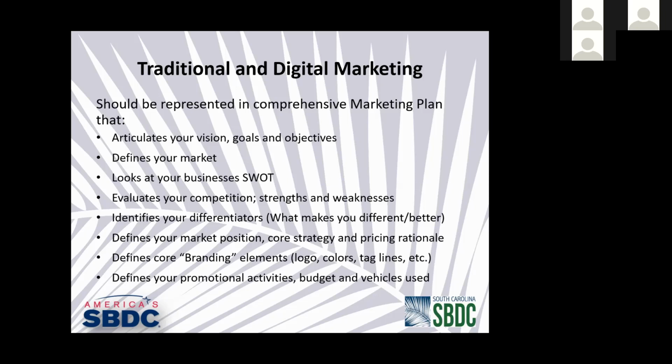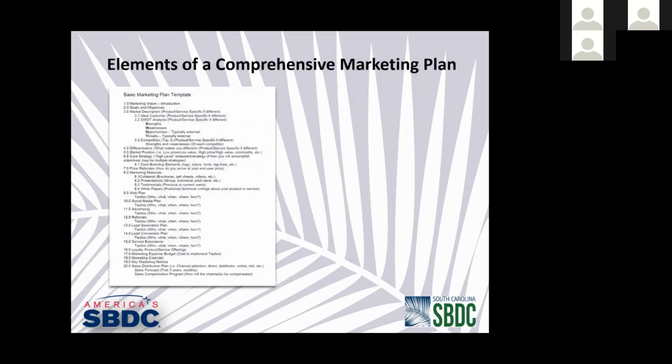And that's when Alice is standing at the crossroads and the Cheshire Cat is looking down at her and says, if you don't know where you're going, then any road will get you there. So what we want to do with a plan, whether it's a marketing plan or a business plan, is plan out our business. And that includes a financial plan as well. Any business should engage in those types of planning activities.